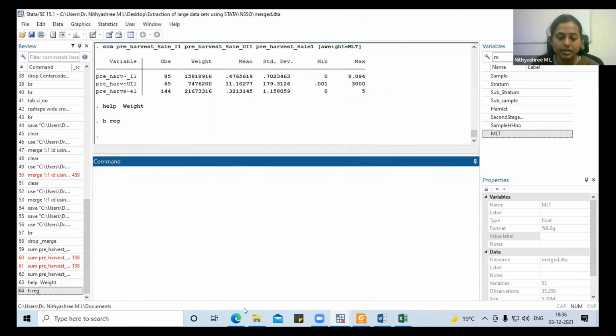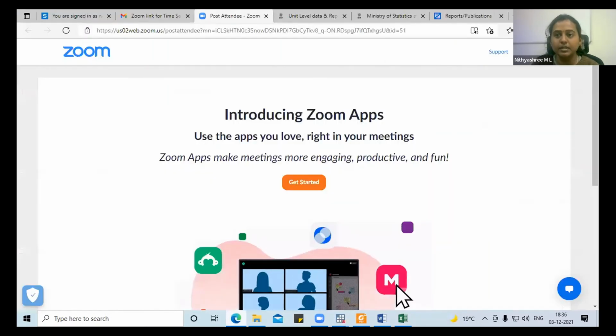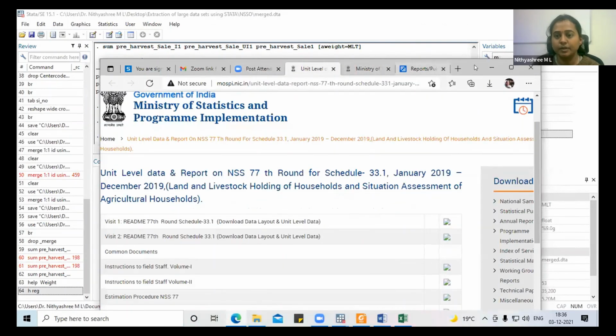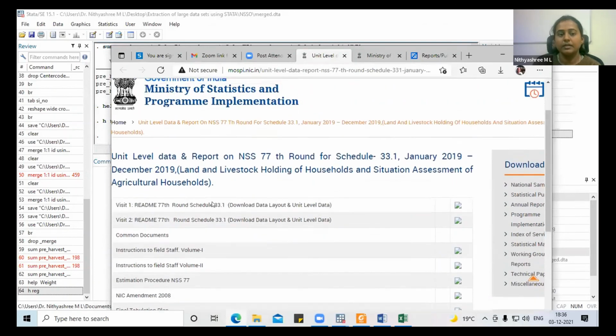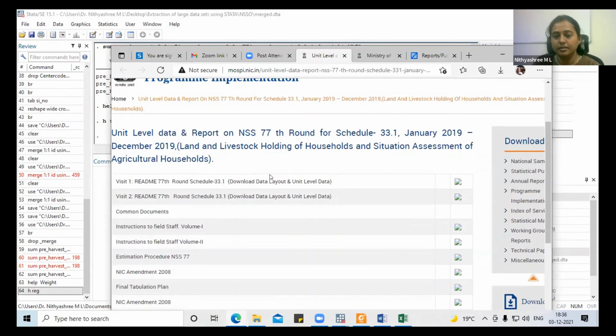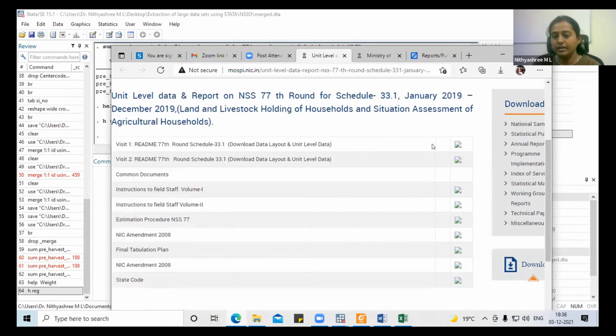What Alkamam was suggesting yesterday for you to learn, that is the recent NSSO round, this one. You just go to the MOSPI website and go to the new website here, then recent publications will be there, and here the 77th round is there.